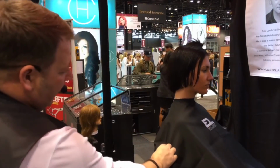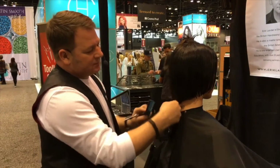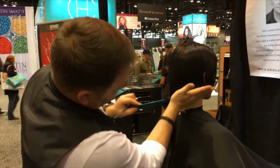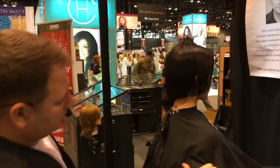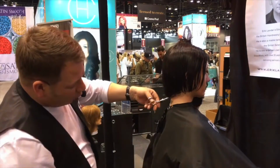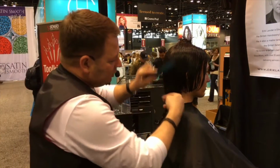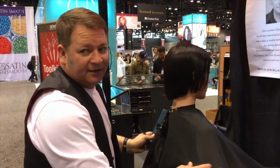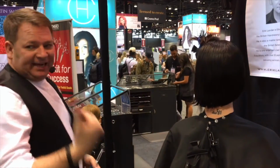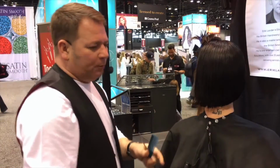So you can see we're getting that line running all the way in, all the way round through there. Now, any small hairs underneath, any bits that we need to double check, we'll do this once we've dried the hair. Just purely and simply, it's easier to control at that point. So as we work on the opposite side,